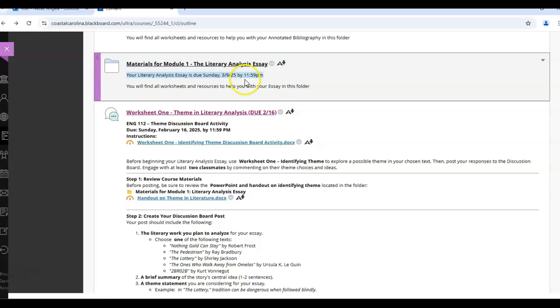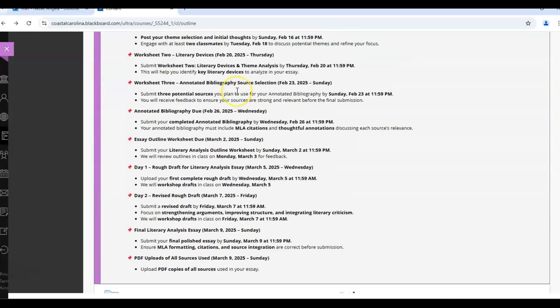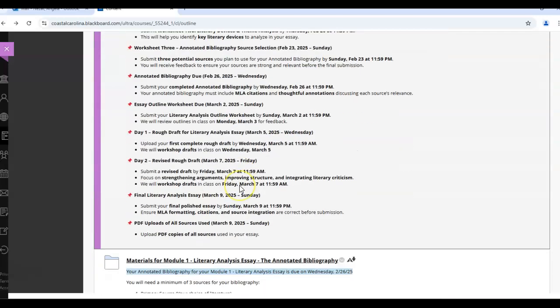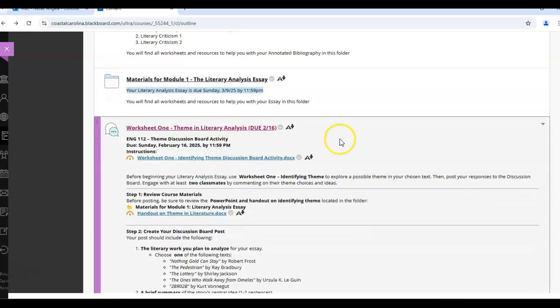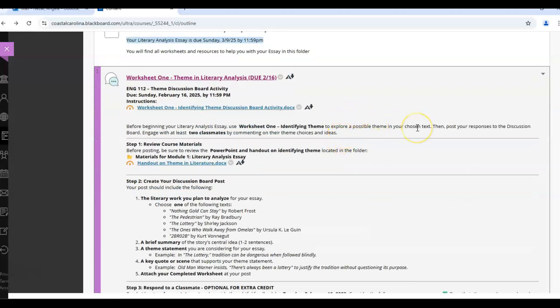Okay, so then, again, we can go back here, here's my calendar. I have everything that's due all in this folder literally in order. So if you do not remember what's due, all you have to do is scroll down and look for the date, and I have them in order of when they're due.